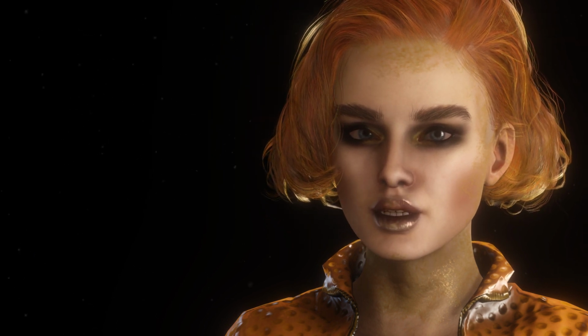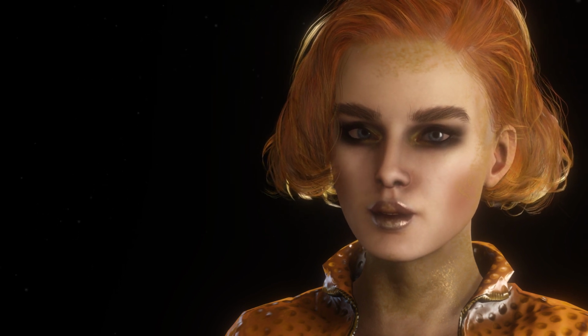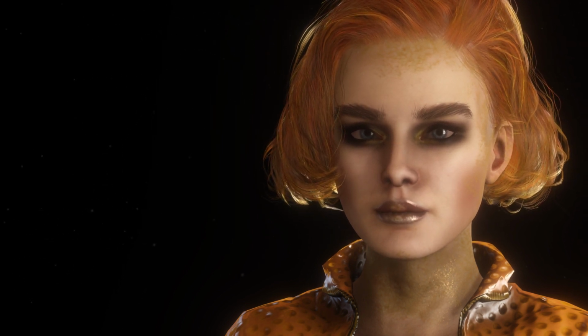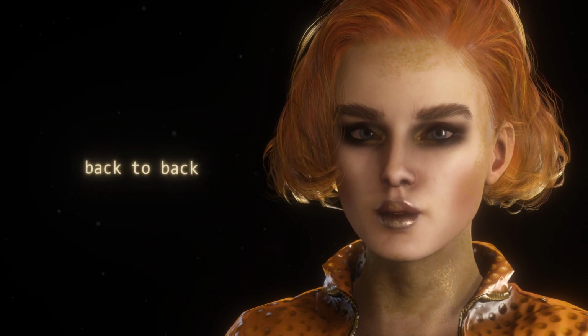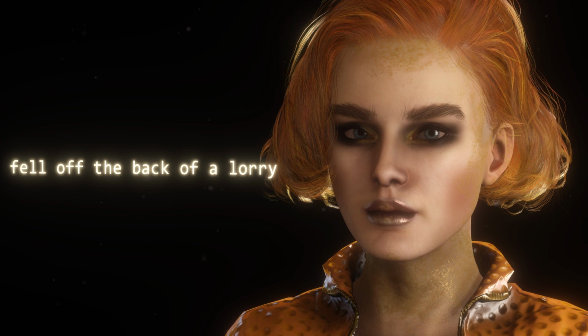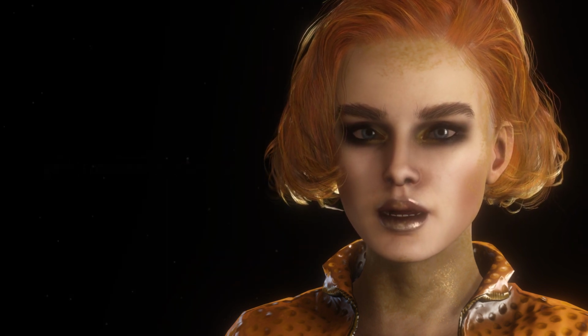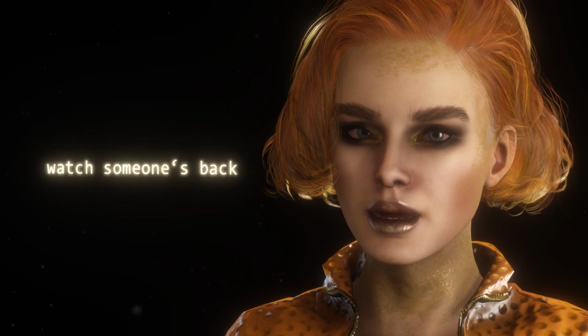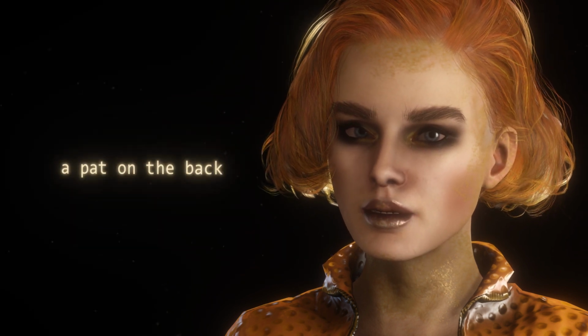This new lesson teaches you 20 common British English idiomatic expressions which use the word back. The 20 idioms are: behind your back, break the back of something, watch your back, back to back, fell off the back of a lorry, scratch my back, like water off a duck's back, turn your back on, get someone's back up, watch someone's back, put your back into something, back out of, on someone's back, a pat on the back,